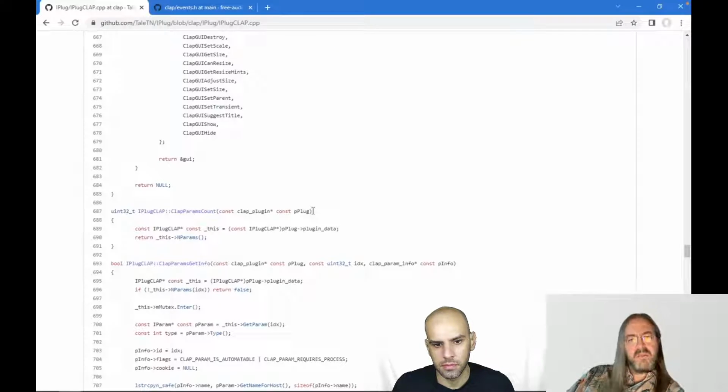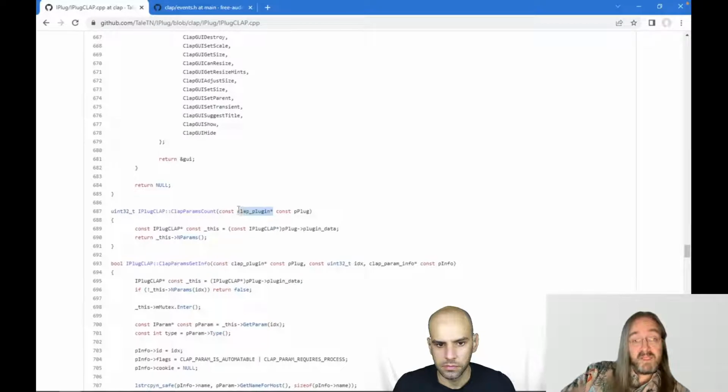And also it will help the compiler somewhat with optimizations. So what this means is I have a type, a clap plugin, and I have a pointer to that type. But that pointer is constant, so you cannot change whatever that pointer is pointing to. And the last constant means that this variable that it's stored in is also constant, so you cannot change it.